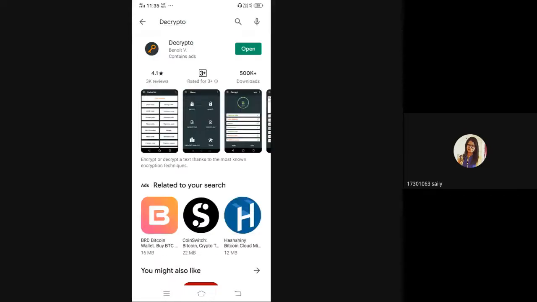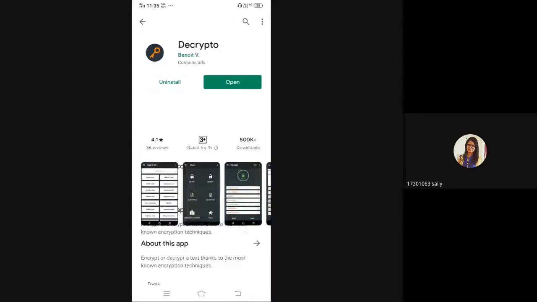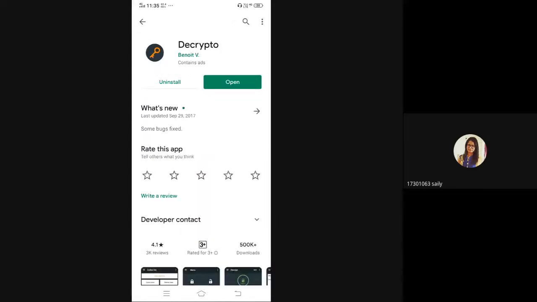After hitting the enter button, you will see a list of applications. Choose the one with the appropriate logo. After clicking on that logo, you will see an install button. As I have already installed it, there are only two options: uninstall and open.